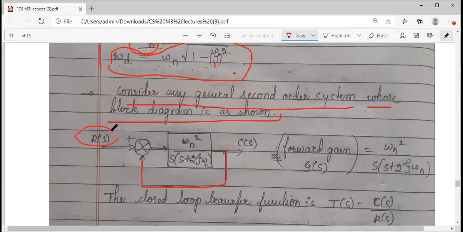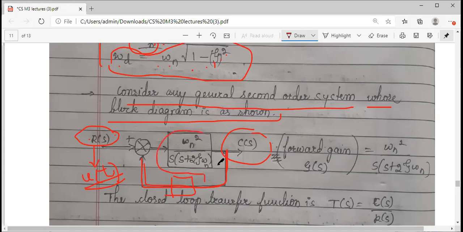You have the input applied, and according to your heading, the time response of the second order system when I take the input as a unit step. At that time we want to determine what output we get. So this is R of S, the input applied, and you get the controlled output. There is a feedback, but there is no H block here, and it is understood that it is a unity gain feedback system. The gain is 1.